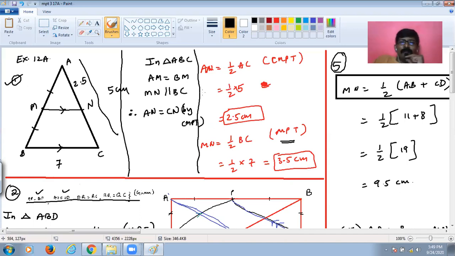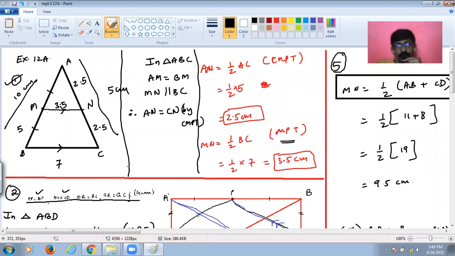So students, I would like to add some part over here. So these will also become 2.5. Did you understand? Let's say these become 3.5. And we've just now got MN is 3.5, isn't it? Now let's say MB is given as 5 centimeters, or else AB is given as 10 centimeters. So calculate BM. BM will be 5 centimeters.